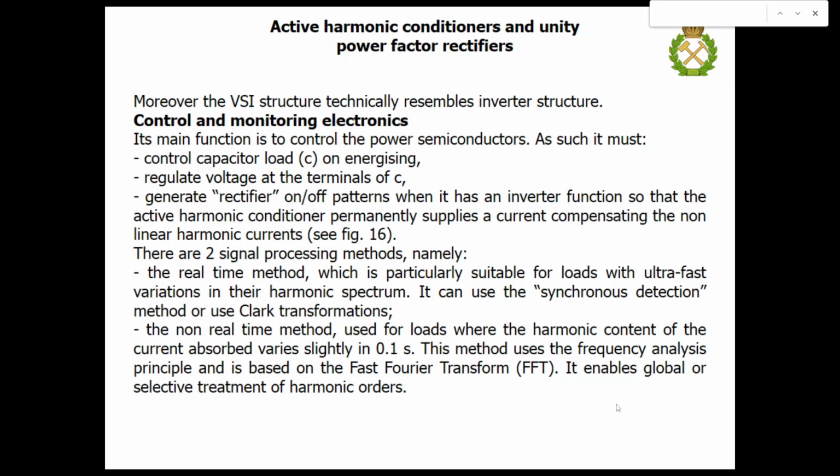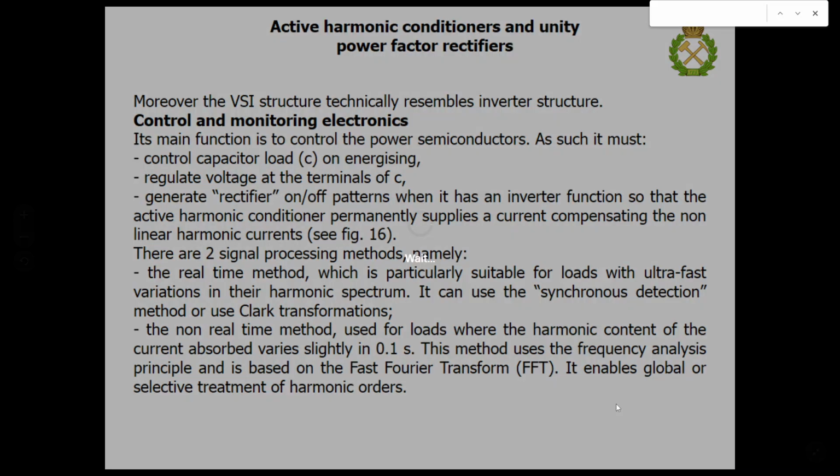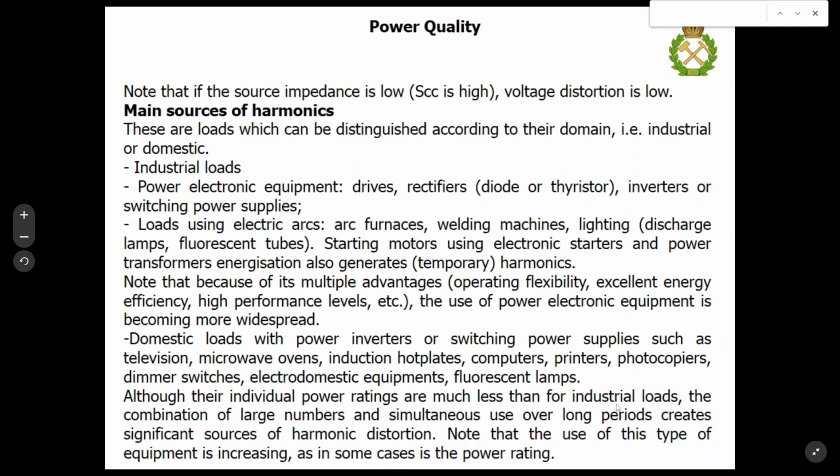And here you may see the two main signal processing methods. The first type is the real-time method on the base of Clarke transformation and so on. The non-real-time method is used for